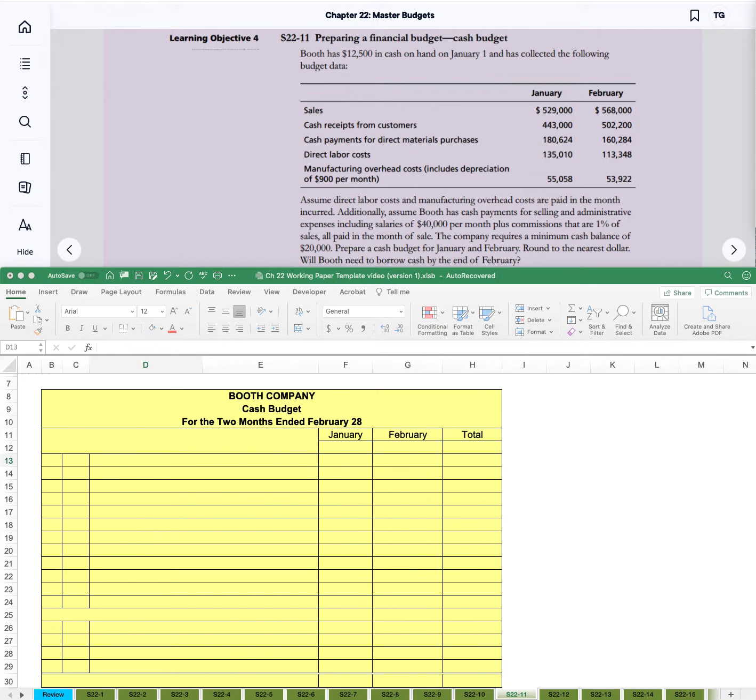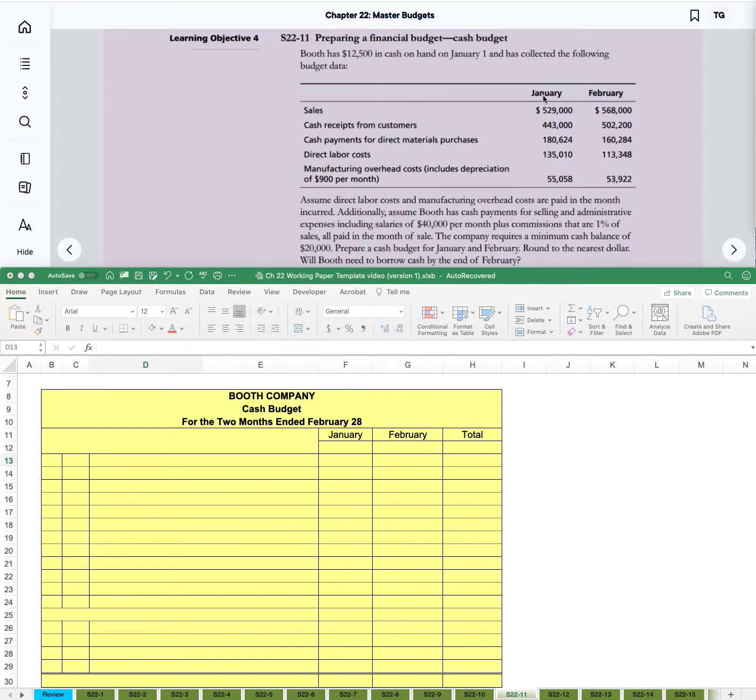to look at preparing a cash budget. It's S22-11 from the back of your book. I have the book pulled up top and the working paper template down below. So the problem tells us Booth has $12,500 in cash on hand on January 1st and has collected the following